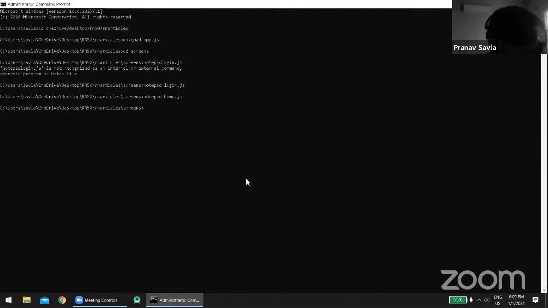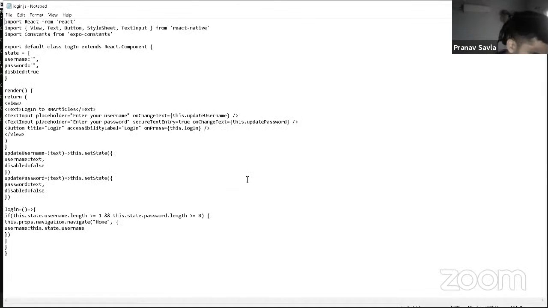Let's actually do that. So let's go back to login.js. And let's say there's only one username that can log in. That's called username, and their password is just password. Okay, because we don't have much data here. Before this.props.navigation.navigate home, if this.state.username length and password length are valid,